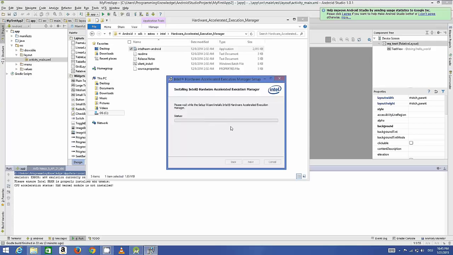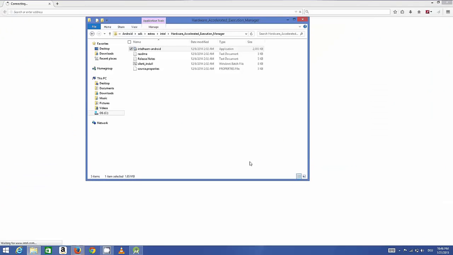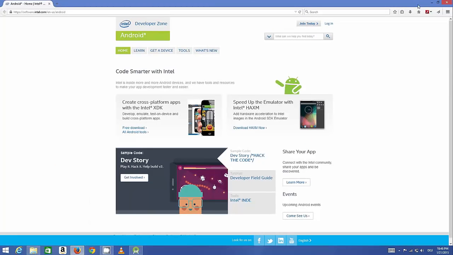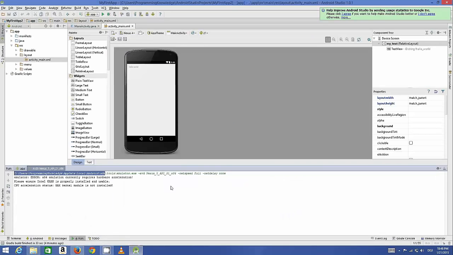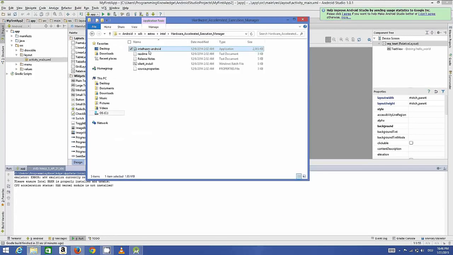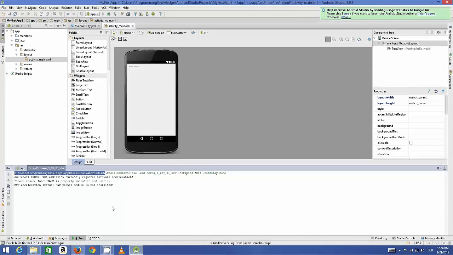Now the installation of HAXM is complete, so we will click finish, and now we will close everything and we are going to run our application. I'm going to close this browser for now, and now I'm going to run our application once again. So this one is finished. Minimize it and let's run our application by clicking this green button. And hopefully this time we will not see the same error. We will choose the default device from here,